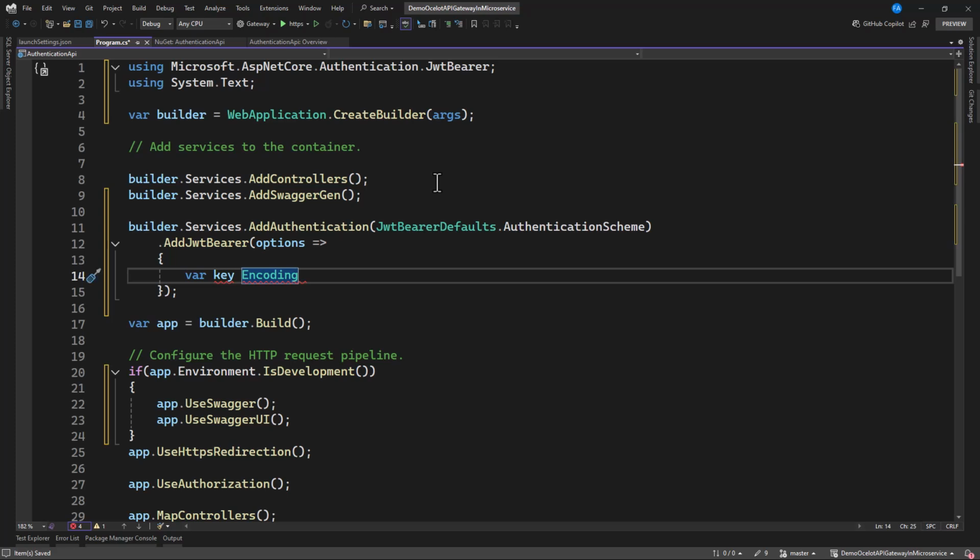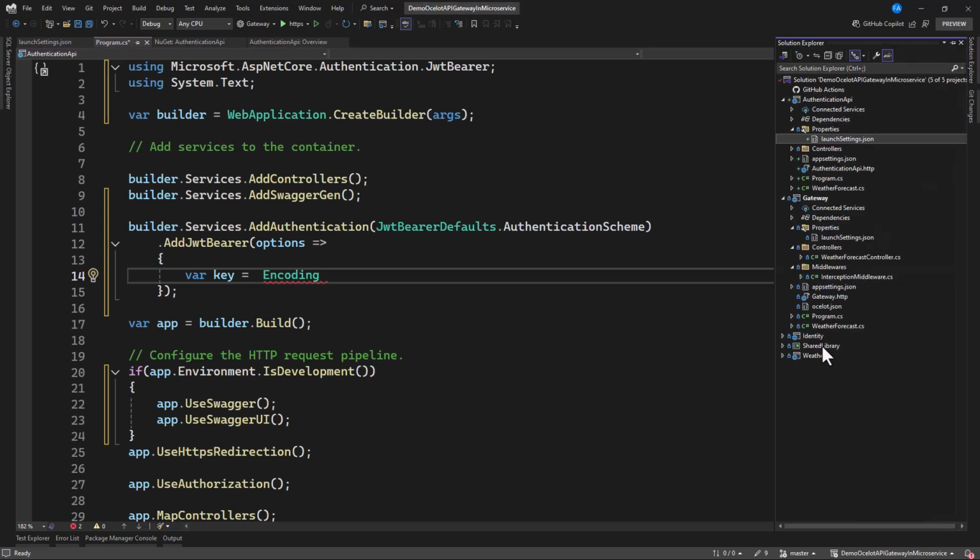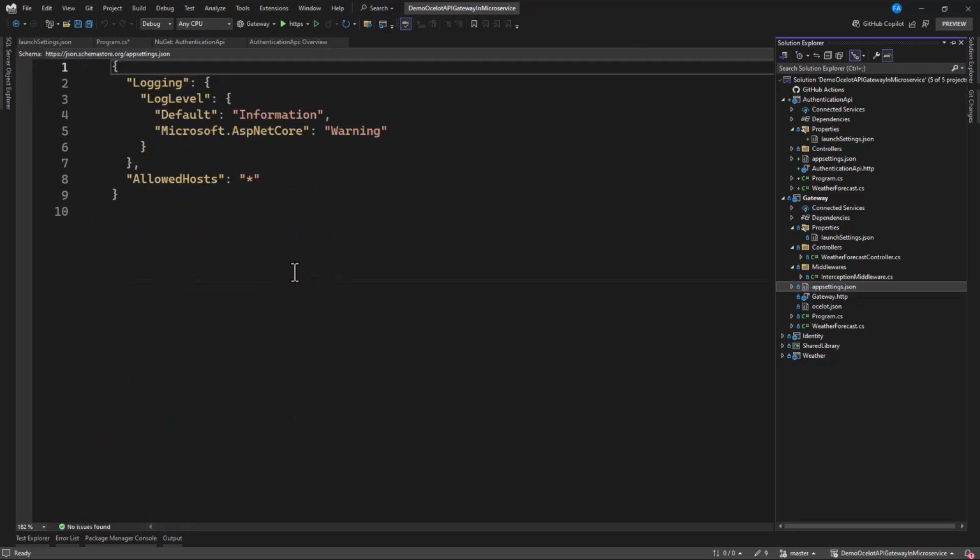And now with this, we have our key. But before we do this, we have to first set the key. So let's go to the appsettings.json, and that is where we need to set our key.